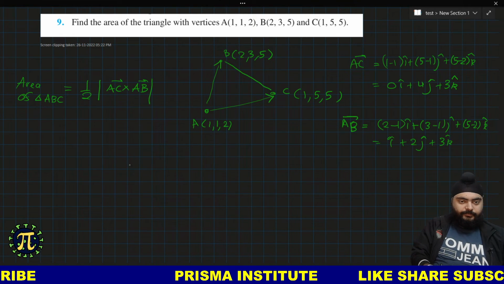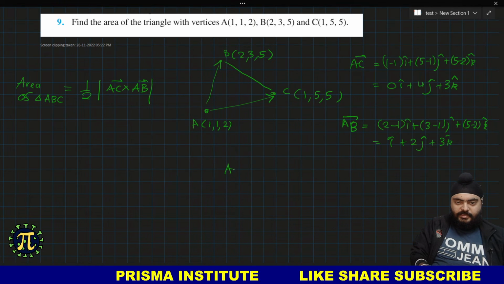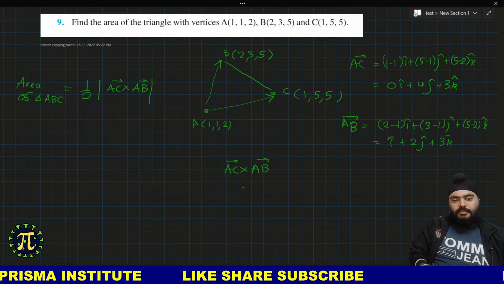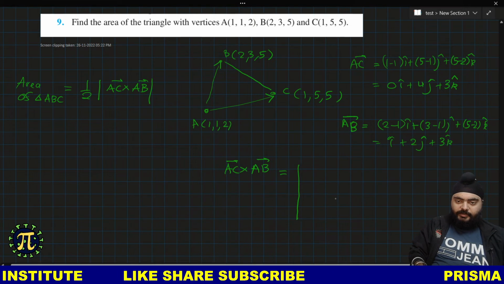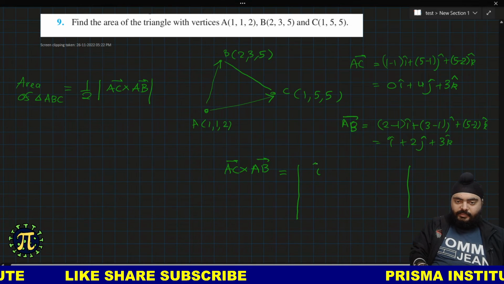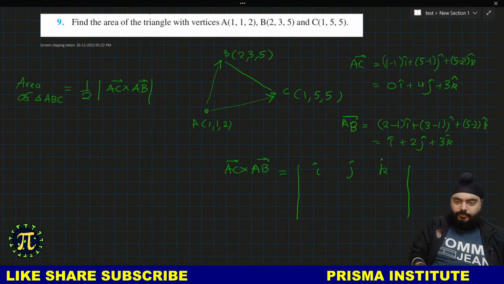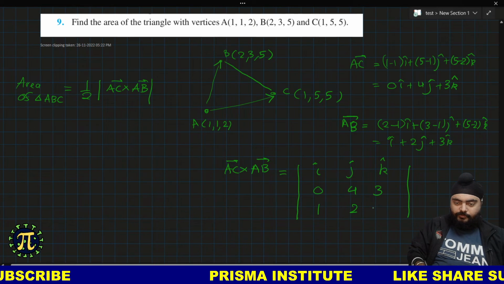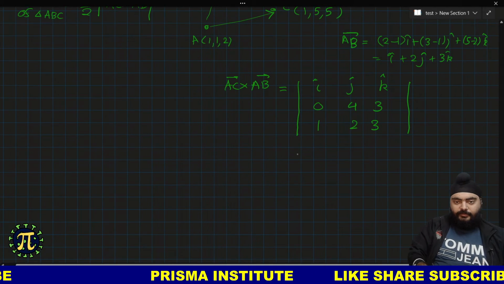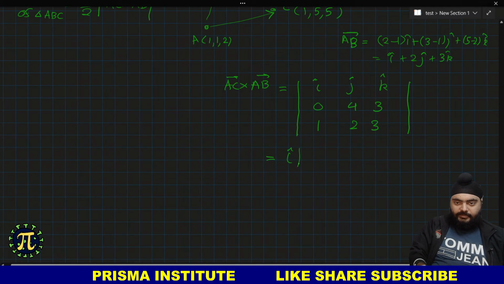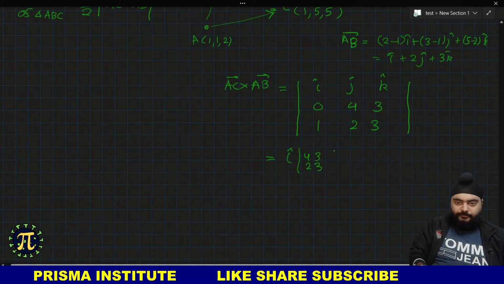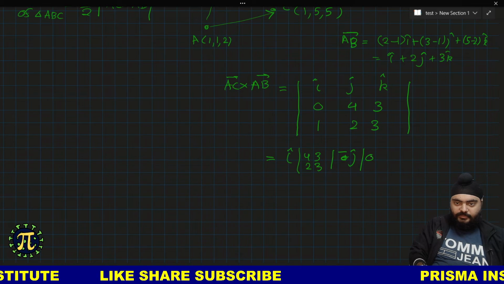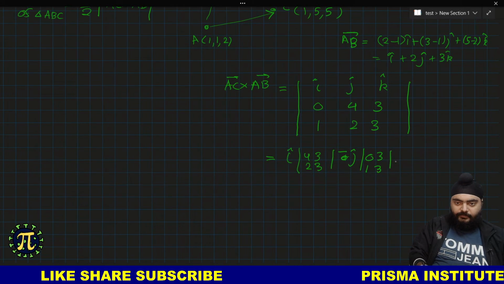Okay, so now let's find AC cross AB. So AC cross AB vector will be the determinant of I, J, K, components of AC vector which are 0, 4, 3, components of AB vector which are 1, 2, 3, and this is I cap times the determinant 4, 3, 2, 3, J cap times, so negative J cap times 0, 3, 1, 3, K cap times